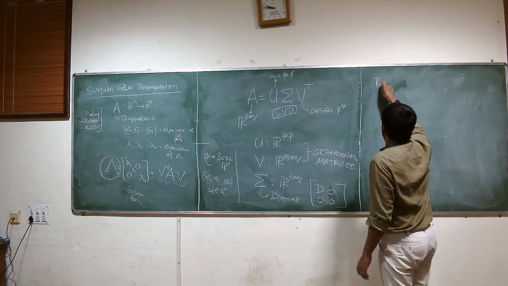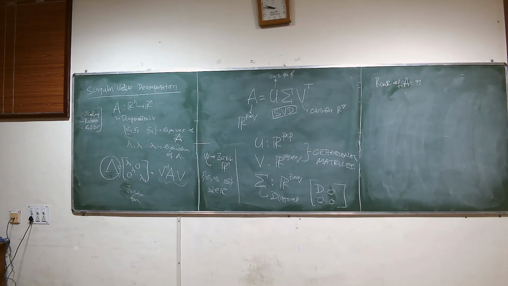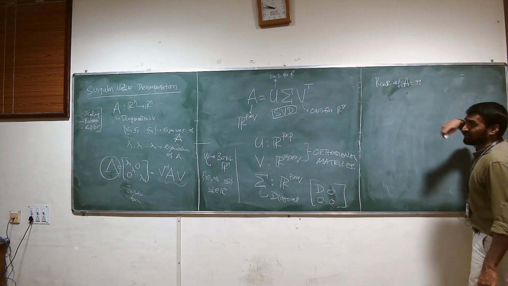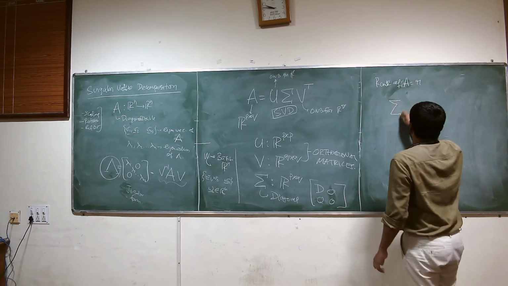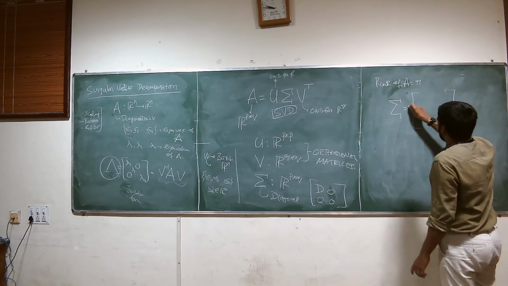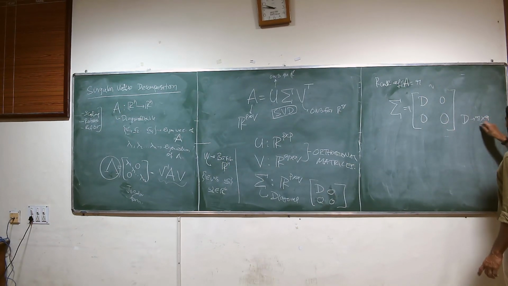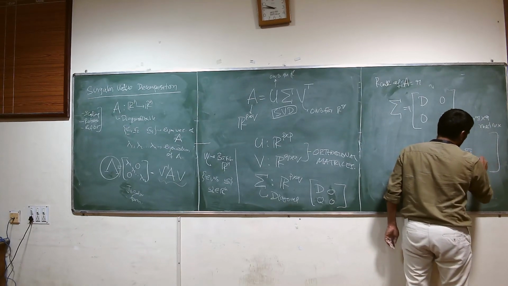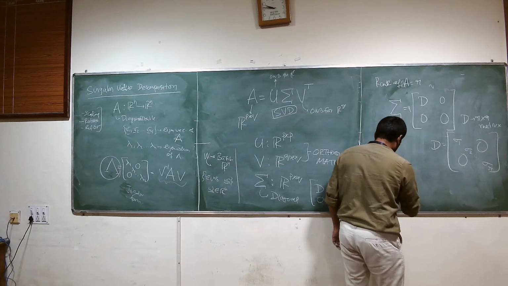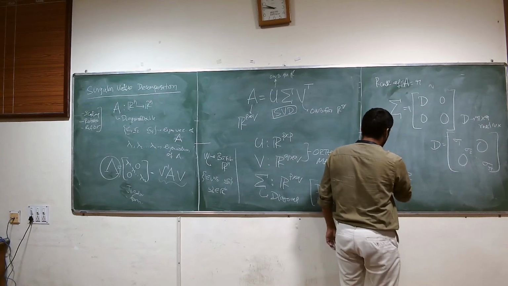And let's assume the rank of A is R. What is the rank of a matrix? The span of the columns of A, or the number of independent columns of A. If the rank is R, then it turns out that this matrix sigma is of this form: P cross Q, with D, 0, 0, 0. D will simply be an R cross R matrix, usually written as sigma 1, sigma 2, sigma R, where sigma i is a real number. And the convention is the order in which you write them is sigma 1 is greater than or equal to